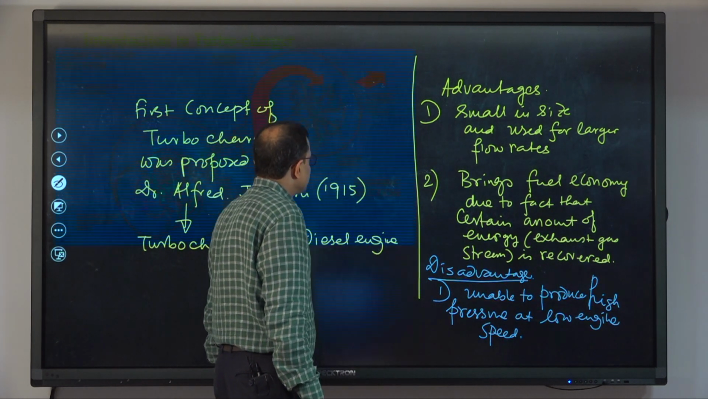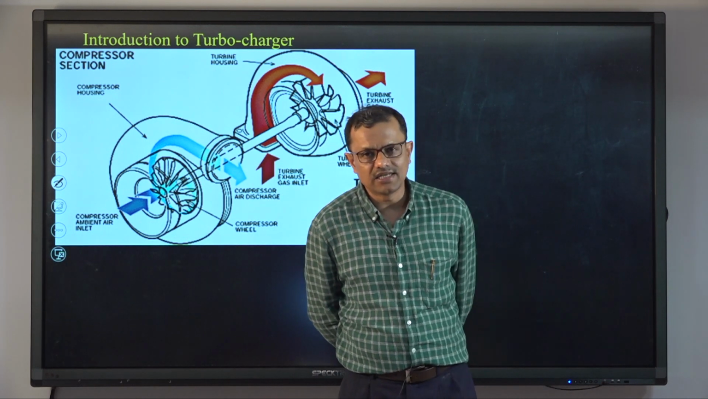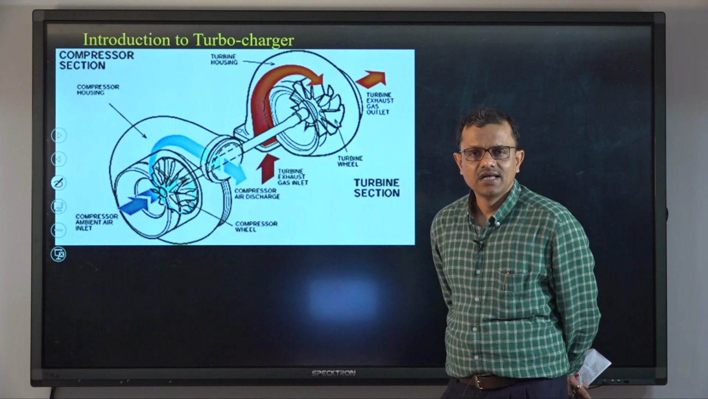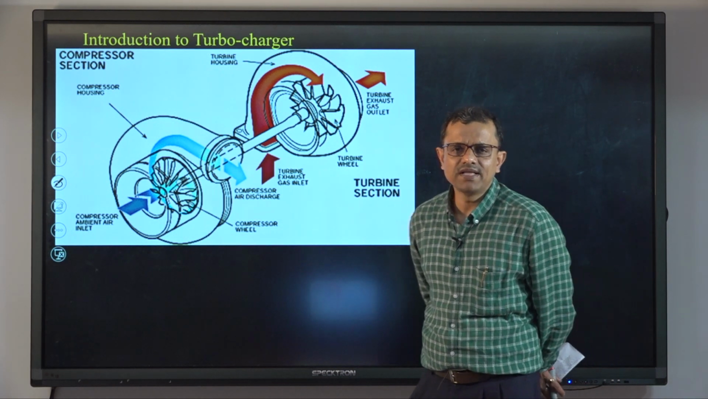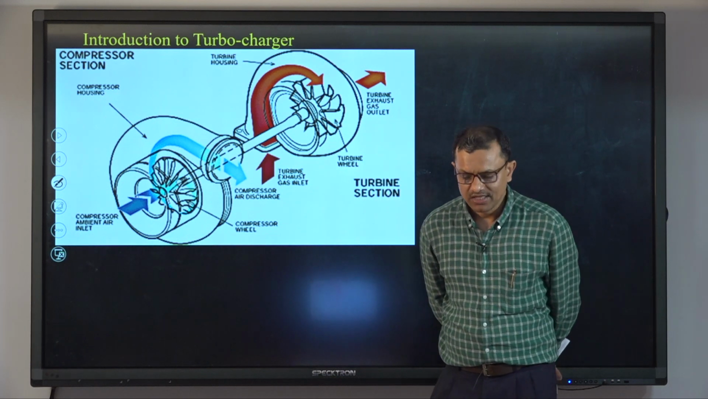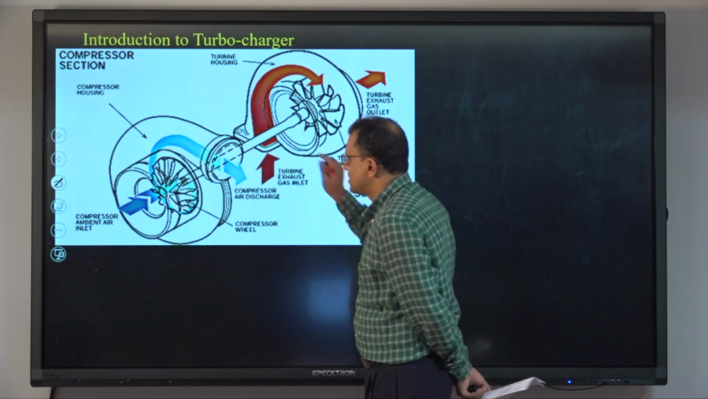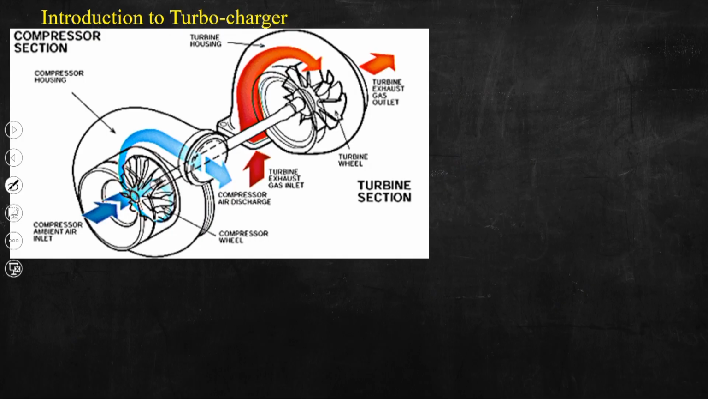Now, let us look into the hardware of this particular unit. Let us first discuss what components there are in this unit, and then briefly its application. So, we can see that this is the entire turbocharger unit. In this there are 3 components. The first component is a compressor,